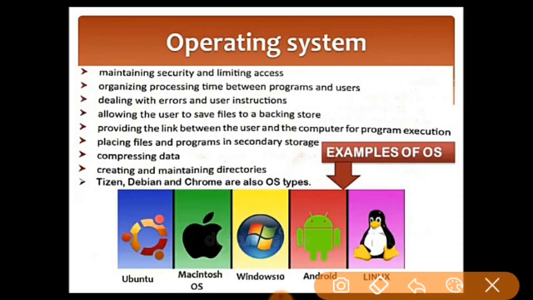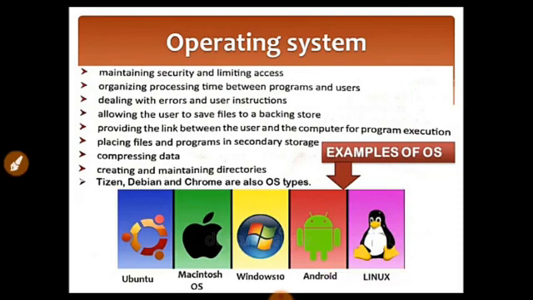Okay, and then we have some functions of operating systems like processor management, memory management, device management and file management. The work is divided by the operating system, so that whatever processing is done by the CPU, every job is allotted and they should do their work in the allotted time itself. Then memory management means it sees that all the devices share the internal memory with multiple applications whenever someone needs to use it, and if some file is not being used for a long time, you can delete it.